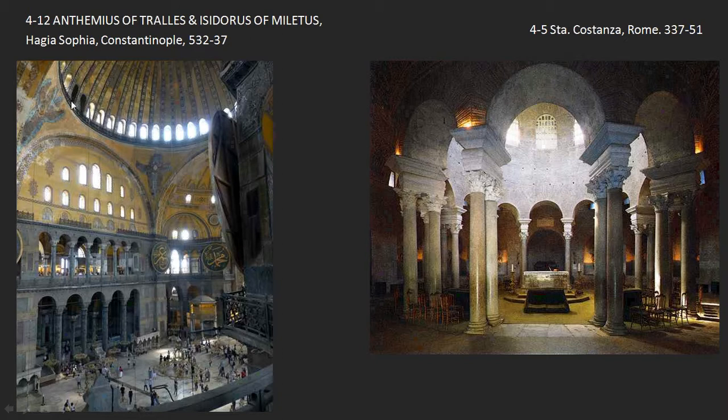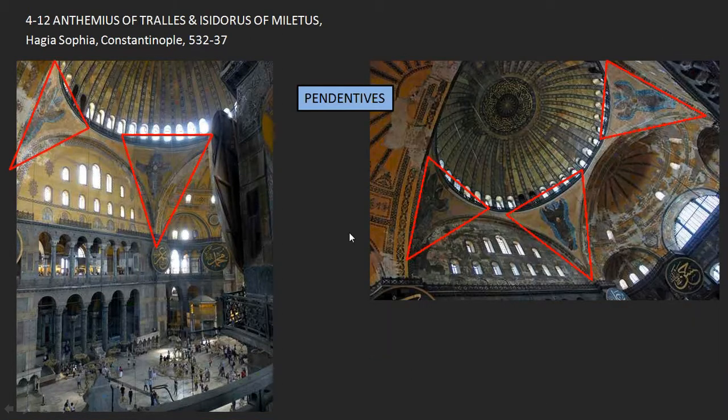What's happening with Hagia Sophia is it also now becomes the norm for churches in the Eastern Empire. So let's look a bit at the structure. Here we are looking up into the dome. The central dome itself rests on 4 triangular elements called pendentives. I've highlighted them in each of these 2 slides where you can see. And what they do is they take the weight of the dome and they transfer it to the point of this triangle here, and bring all of the weight of the dome down to the 4 corners where it rests